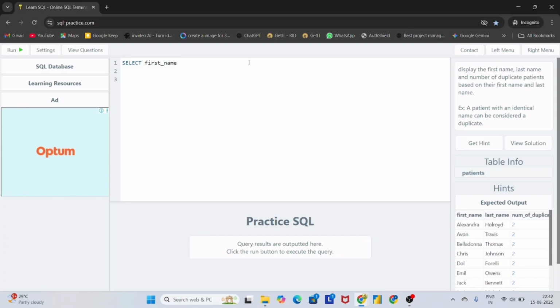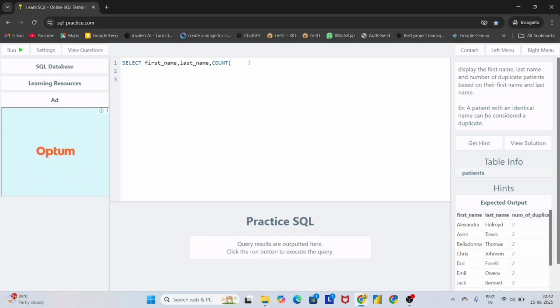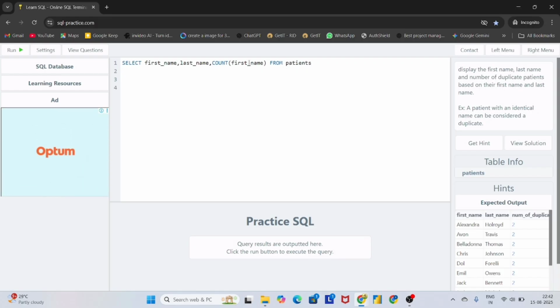First name, last name, count. It means the number of duplicate first names. From which table? From the patient table. Then after that, they are talking about